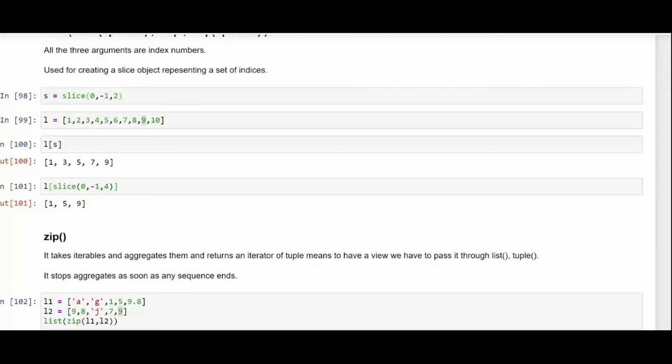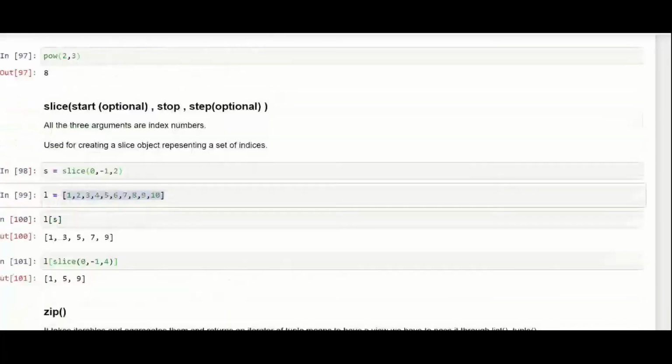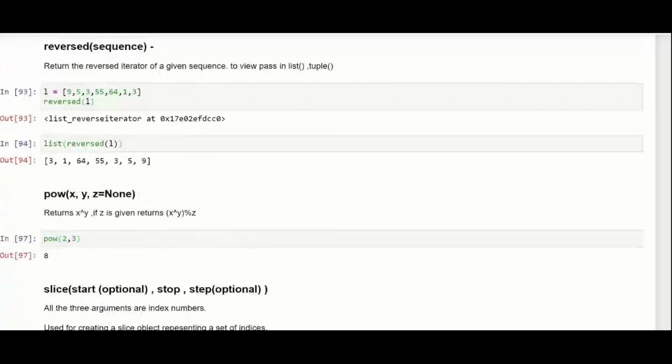Okay, sure. I think this is what we covered in the list method altogether, but this might confuse you, so I'll explain the slice method with a simple list. I do have it up here.